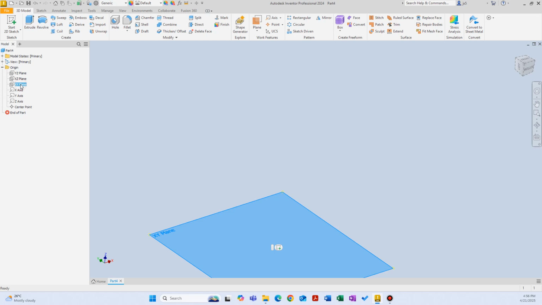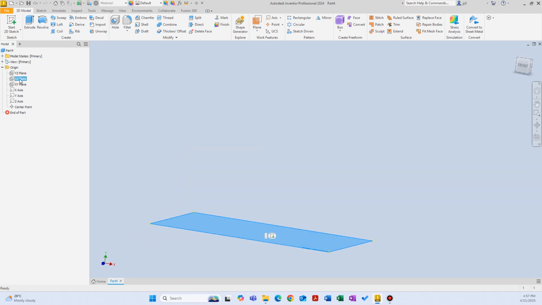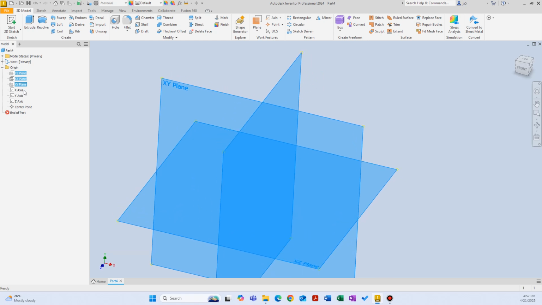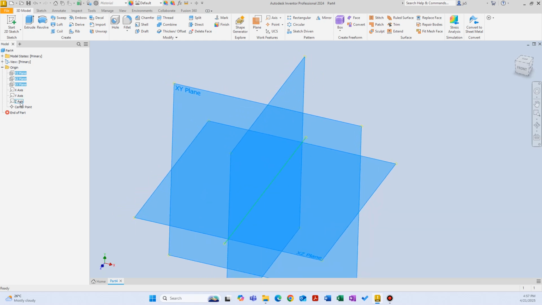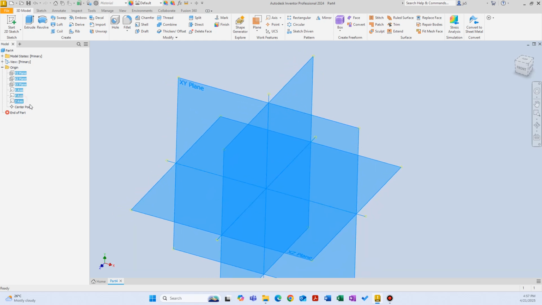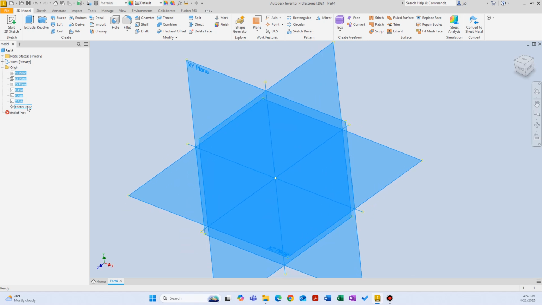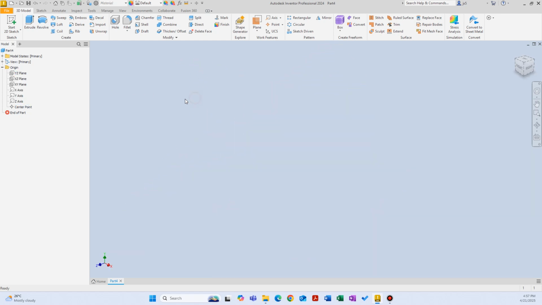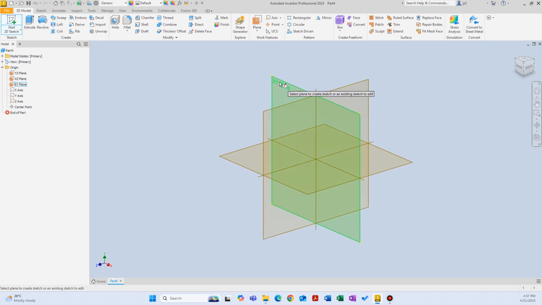we briefly talked about the XY plane, XZ plane, and YZ plane. Where they all meet, they create the X-axis, Y-axis, and Z-axis. And if you highlight them all, where they all meet, they create the center point. Now, we covered this in that video because every time we create a sketch, we have to select one of